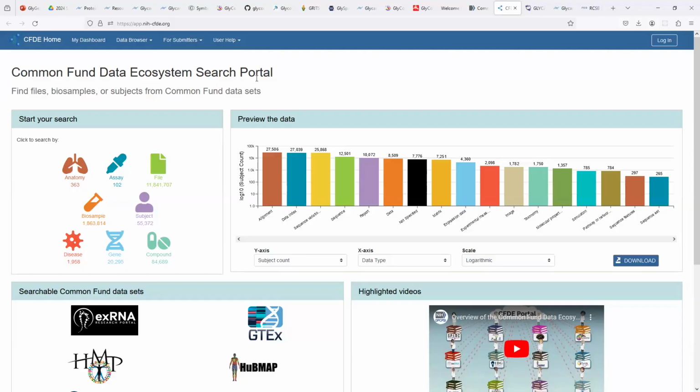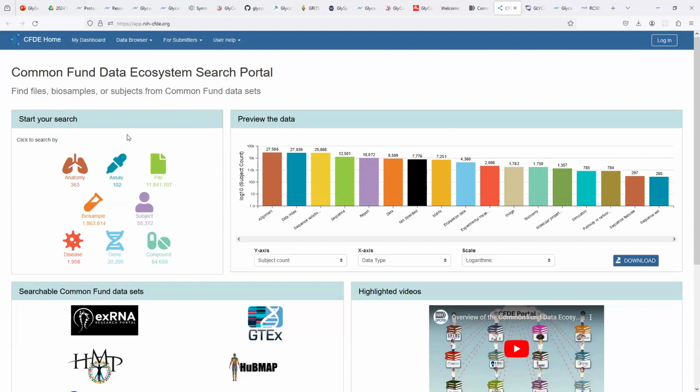The CFDE portal stores the metadata. Which means it says, okay, there are some files that we have in our system which talk about certain glycans or a certain disease or a certain tissue. And what you can do in this portal is search for this based on this information